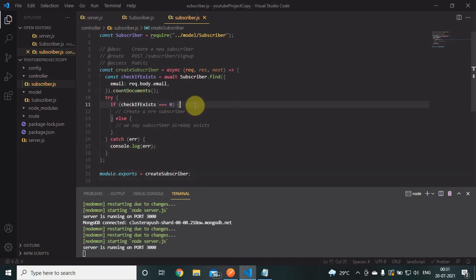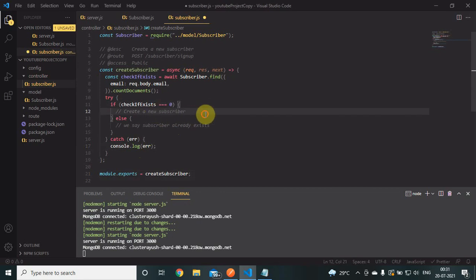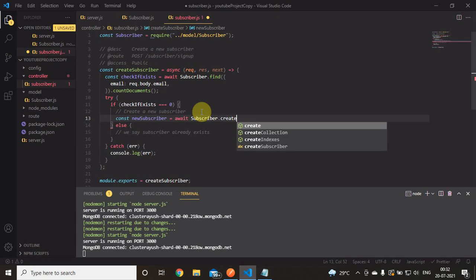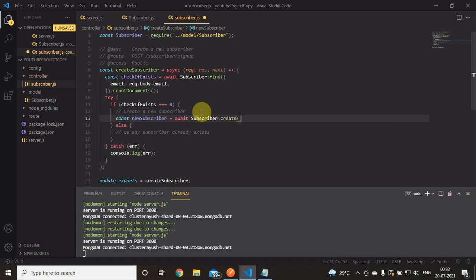So now what have I written here? Create a new subscriber. Okay. So how do I create a new subscriber if there are no subscribers with the same email ID? So just put in const new subscriber is equal to, now this is going to take time also, so we'll await. And what is the schema? Subscriber dot, do we have something as create autocomplete command? Yes, we have it. Now we'll just pass in what we have in request.body. So this should create